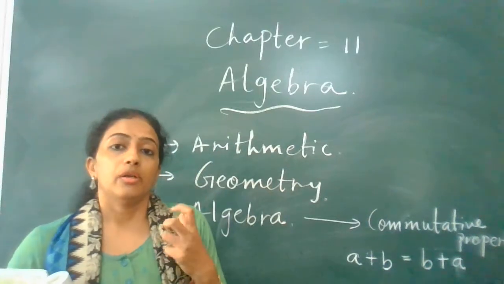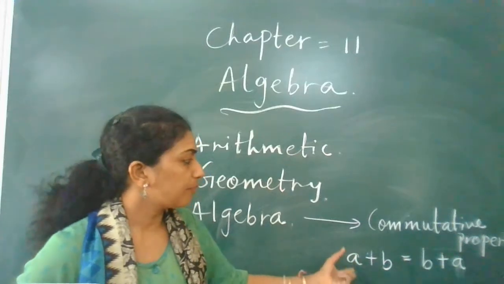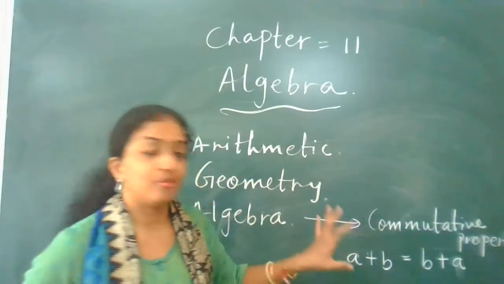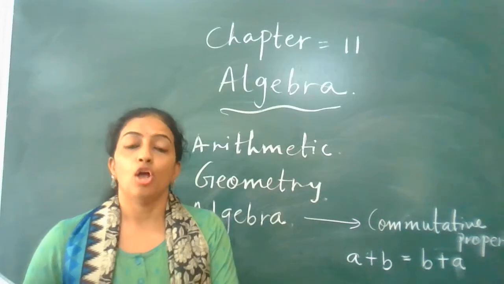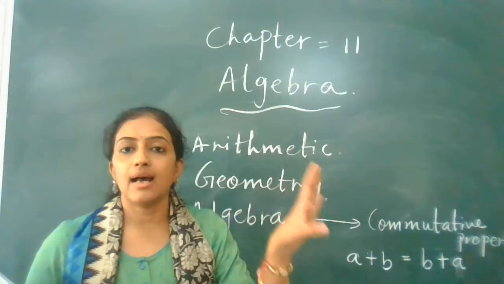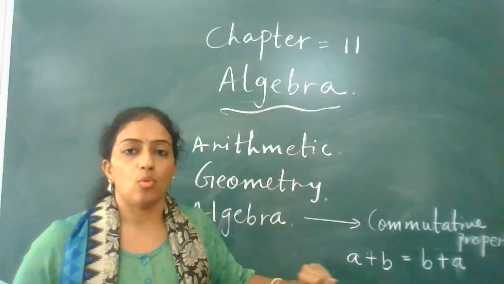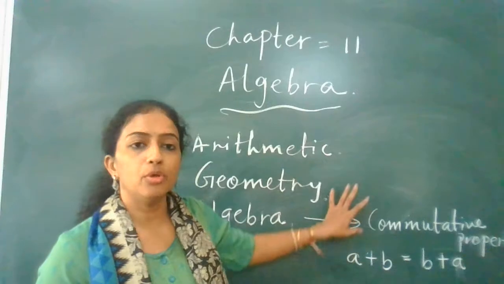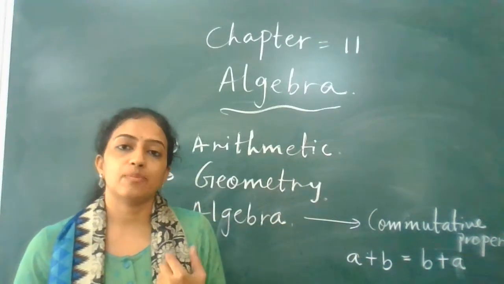Now you will tell that, madam, you are saying that you have to understand these alphabets as numbers only, but how will they give us the answer? So here in the beginning you don't have to think of getting the answer, you just have to understand the concept of this. Now when I am talking about this general rule of commutative property, this way I can explain associative property also. I can explain many more rules.